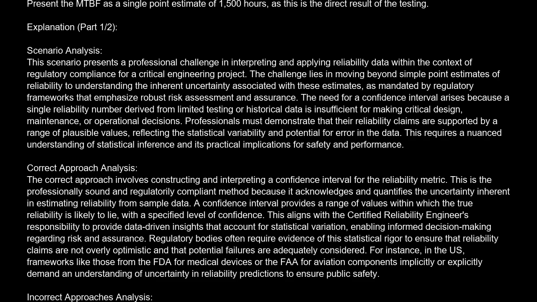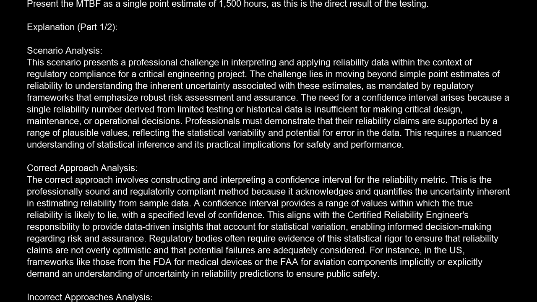The correct answer is C. Present the MTBF as a single point estimate of 500 hours, as this is the direct result of the testing. Explanation. Scenario analysis. This scenario presents a professional challenge in interpreting and applying reliability data within the context of regulatory